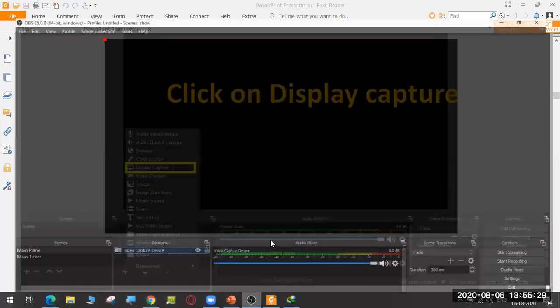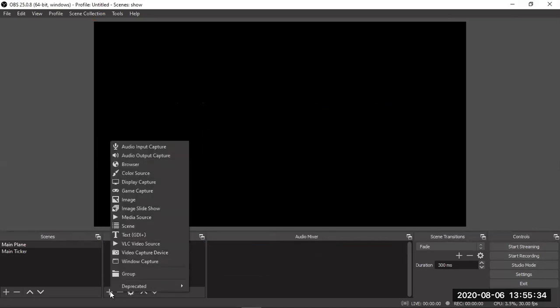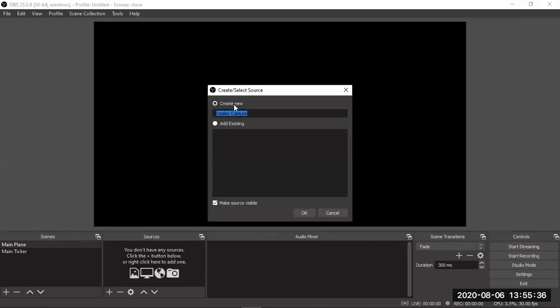Okay, let me try it here. I'll just remove this part. I'll go to plus display capture. It'll ask to create new display capture. As soon as I press OK, you can see a window inside a window. Don't get frightened. Some virus has infected your computer? Nothing like that. Each window is showing its own inner window, so it appears like cascaded windows. Actually, it shows only the desktop.